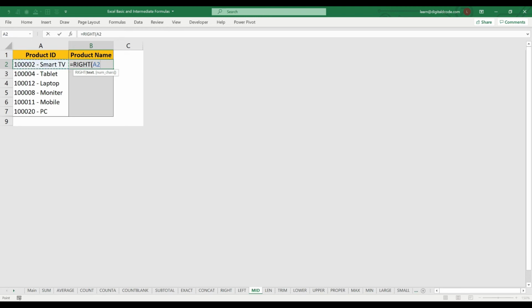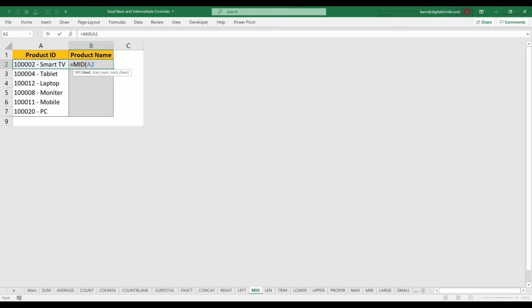Right, select the cells. So now here is the challenge. So how we have to give how many character we want from right side. So in this case, smart TV, it's 8 digit. Let me give 8. So here it is fine, but if I copy paste this down, if you see, we are getting a different result because it's picking 8 digit from all the cells. It won't work.